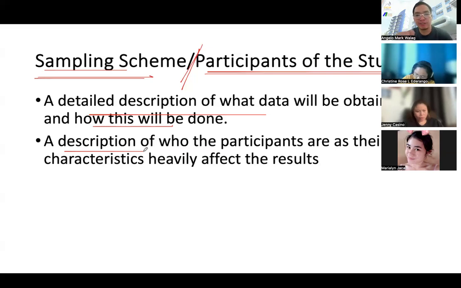I remember often in many of the undergraduate research that I mentor, they are on game-based learning, and journals often ask us who the participants are. So they want to describe the competencies. For example, the participants are grade 9 students. They're expected to master this competency based on the K-12 curriculum. They're expected to be of a certain level. They are ages 14 to 16. You have to describe that, because age also affects whether they engage in games or not. Right?